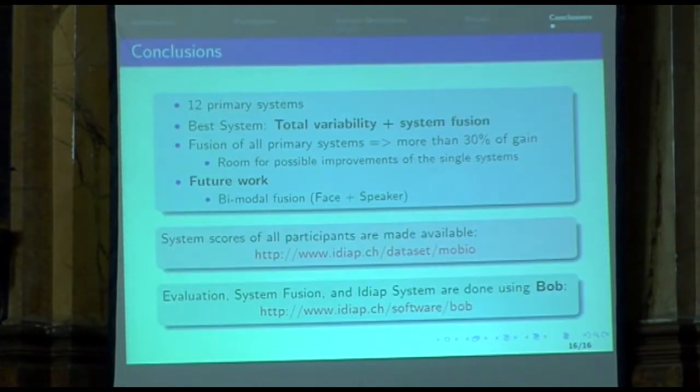Finally, we evaluated 12 primary systems. The best system is based on total variability plus system fusion, and the fusion of all primary systems was also improving the results. And the future work